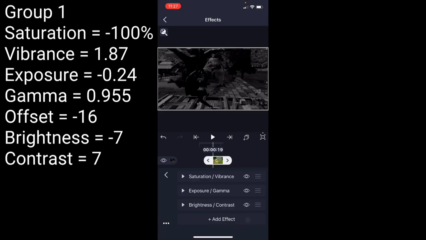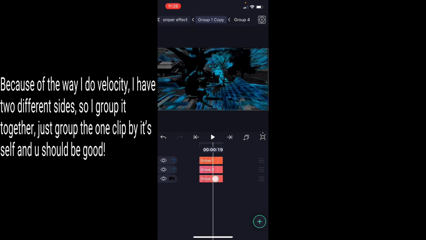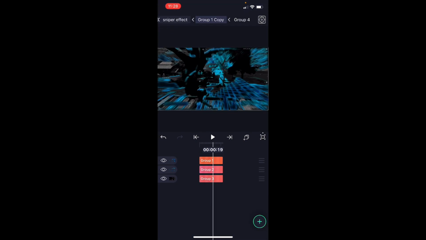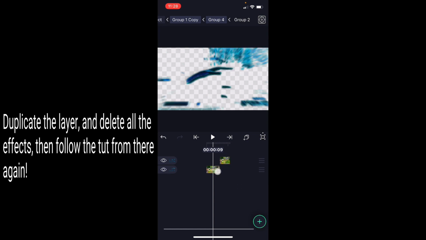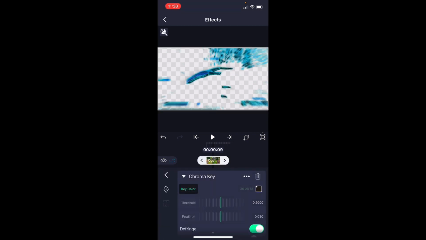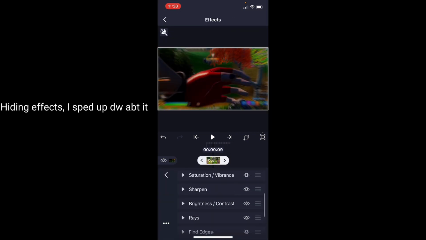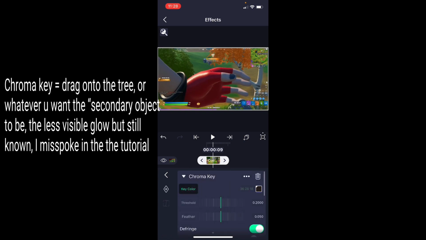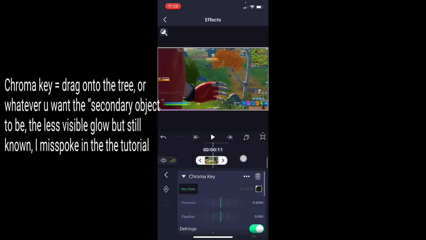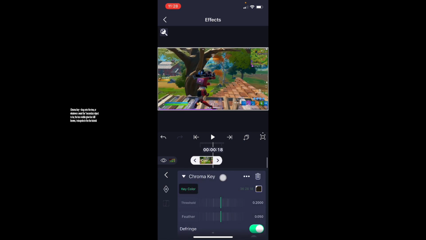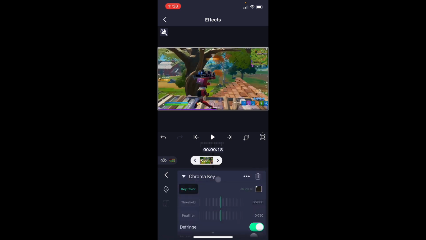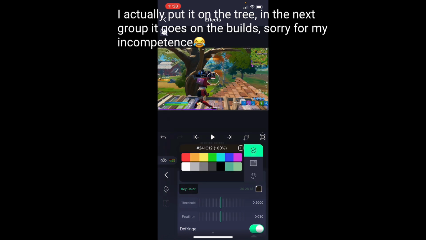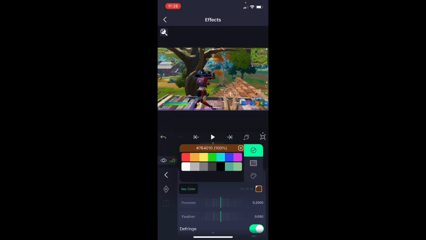And same thing on this side, and then I just grouped them because that's how I did my velocity. I just grouped them together so I don't have to, it's kind of complicated. But now you're going to want to add Chroma Key. So what I did is, key, and I put it on the build. So I would drag it right onto here. As you can tell,